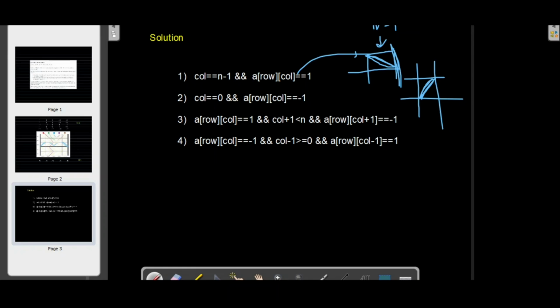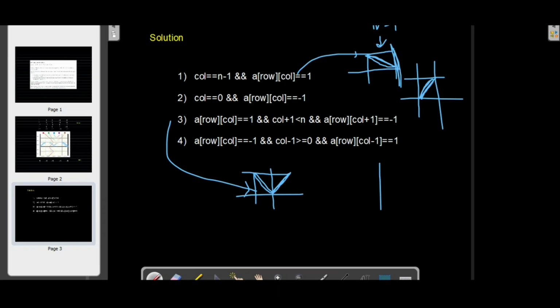Now the other condition is for checking the V shape. You can see that first of all we check whether we got the diagonal that starts from the top left corner and ends at the bottom right corner. If the diagonal is this, then we'll check whether we get the other diagonal, and the third one corresponds to this case.